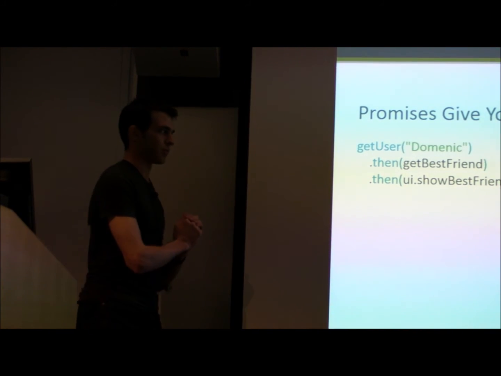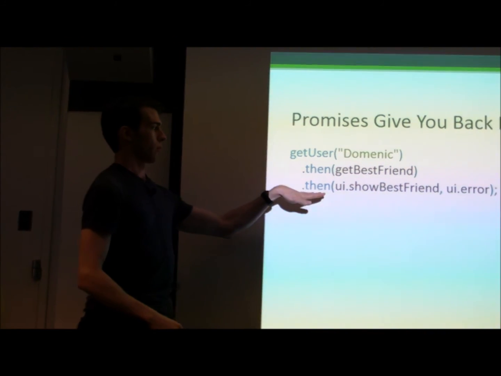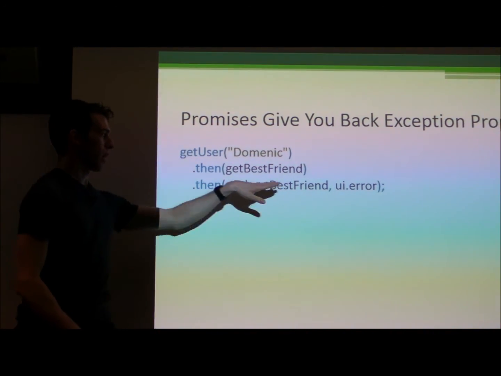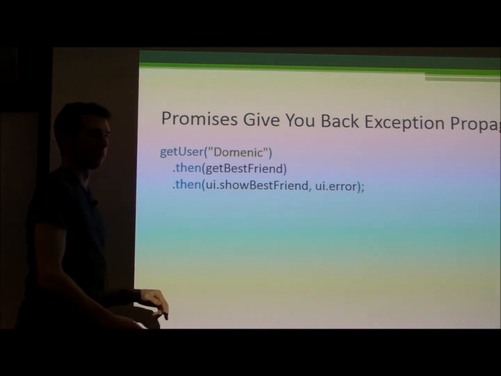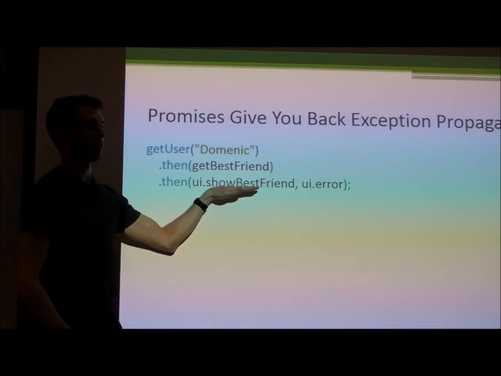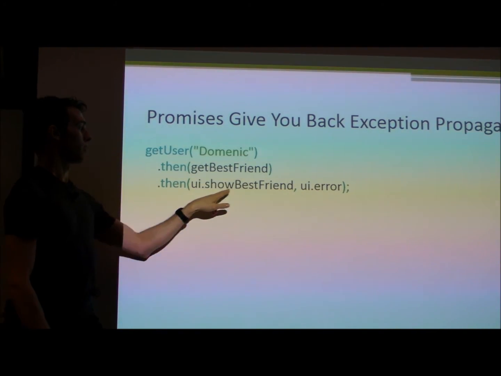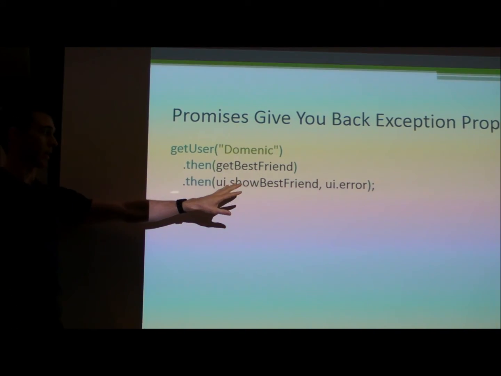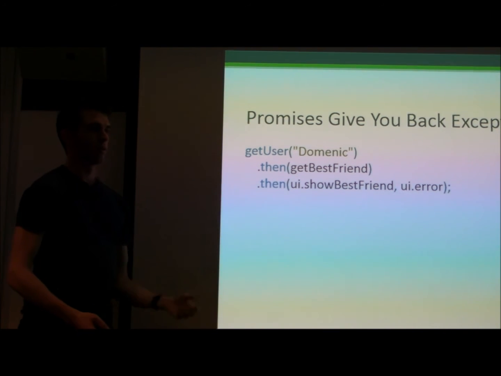So let me emphasize one more time, since I feel really bad leaving this slide up here with the kind of bad practice. Because this is in the mode where I do success handler, then undefined comma error handler, if this fails, this guy will not catch it, right? They should be thought of as a pair that both react to this step. But if this step fails, then there's no next step to catch it. So it'll get lost. Or no, it won't get lost. It'll get propagated up to the ultimate promise.